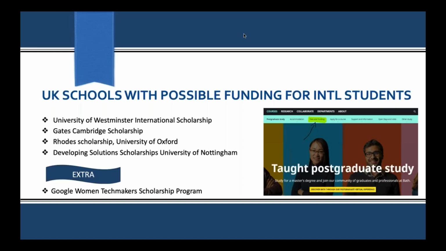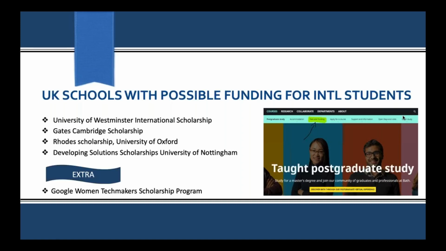So what I've added as an extra is, imagine getting a scholarship with a university that probably just takes care of only your tuition. At least with this, that's going to take care of your living expenses. Even though in the UK, you might need to add some more money, or show that you have some more money to cater for your living expenses, because 7,000 euros is not up to the amount required for living expenses in the UK. But at least that gives you a good start. That's going to take care of maybe 80% of the total funds you need for your grad school, which I think is a good start. So you might just have to bother yourself with some little change to show in your account, and also to pay for flight tickets and